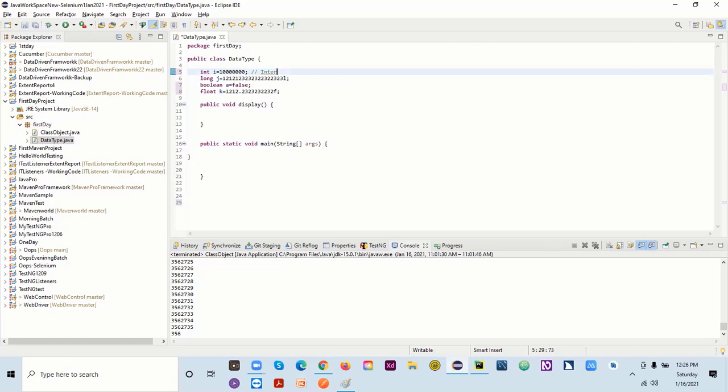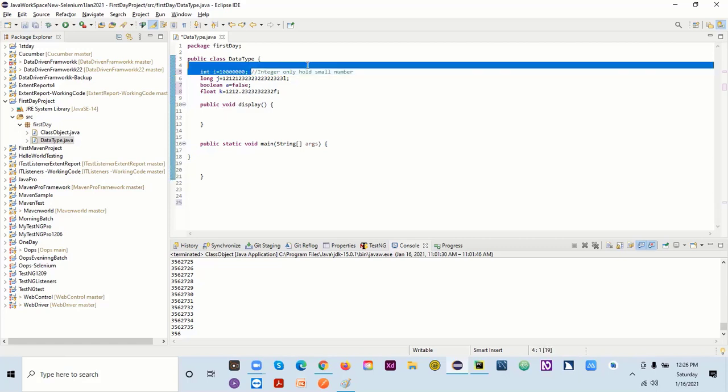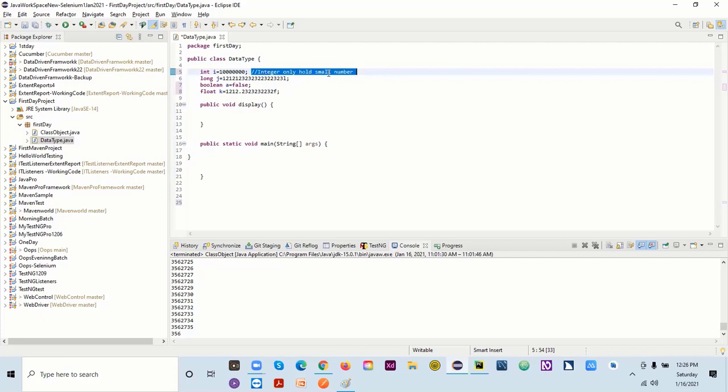It is just, let's say, if in your team there are 10 members working and they are not sure what this integer is and what this long is, you can give a description that integer only holds a small number. Our program will run only this one. This is just to give them an idea; we are commenting, so it will not run.